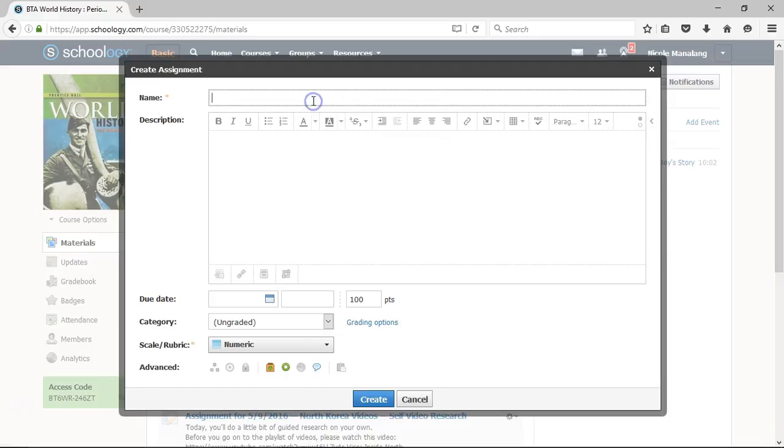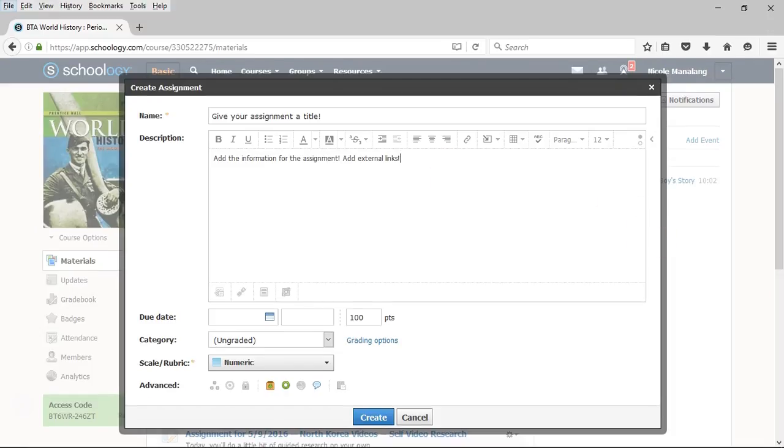This is one of the perks of Schoology. It allows you to give instructions to your students, but also give them the online material necessary to complete the assignment. In the past, I'm sure you've had to email or write down a long list of links, and that can be very difficult. This makes it very easy to assign things online. Instead of starting a brand new assignment, I'm going to show you an assignment I already set up.